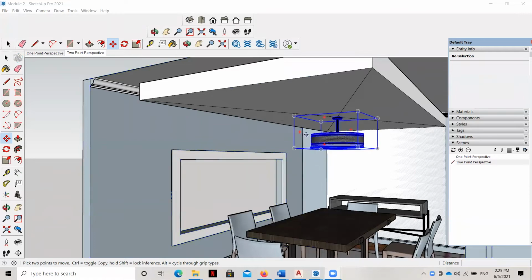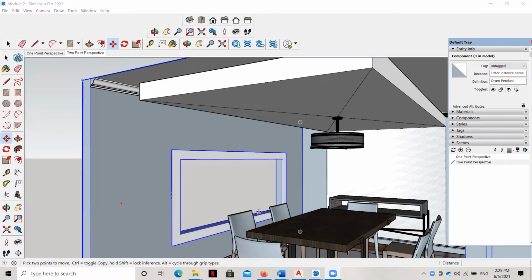In this video, I'm going to teach you how to export your two views. But first, before we do that, I want to make one little tiny tweak. And that is, I want to show you how to move this pendant light. Now, I made the mistake when I created this, and I actually centered it on the center of the drop ceiling. But really, this pendant light needs to be centered above the dining room table.